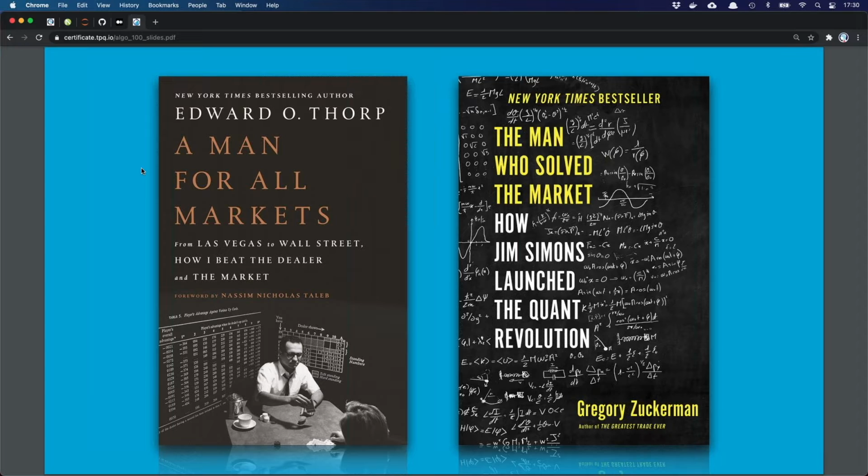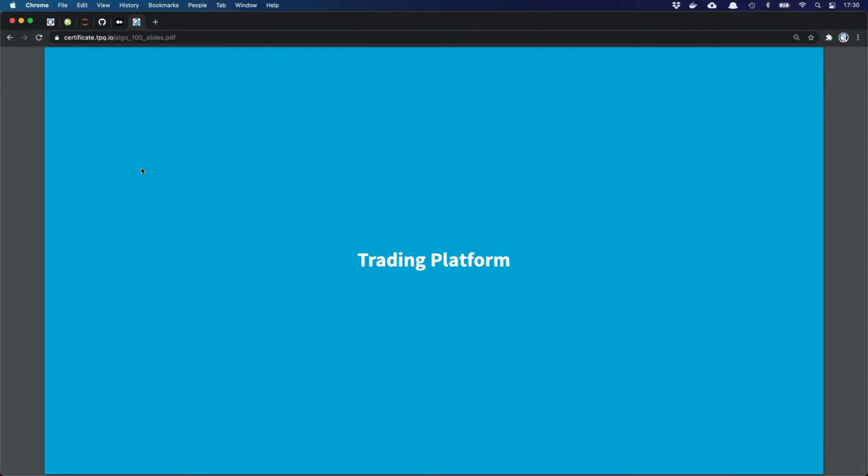Both are excellent descriptions of what, on a larger scale, on a hedge fund level, algorithmic trading, systematic trading, quantitative investment is all about. So if you're a little bit in the field, are new, want to get more informed, or simply like these books like myself, I can only recommend these titles. I have listened to them both. I have them in printed form, but I've listened to them as audiobooks as well. They are available. But now let us get started.